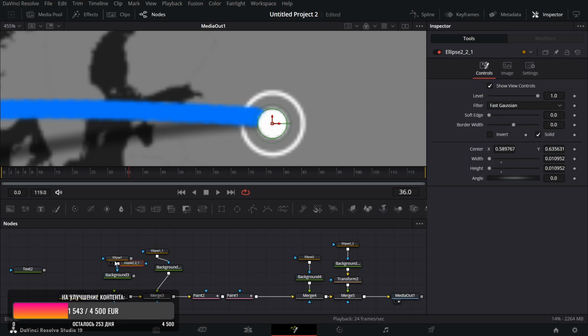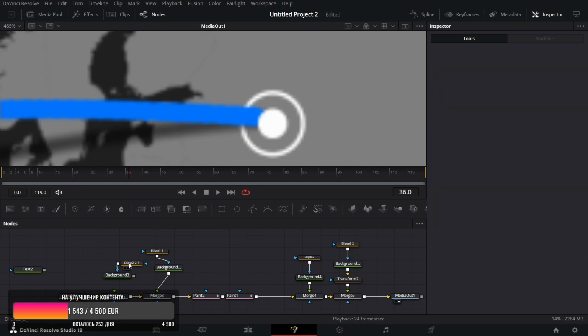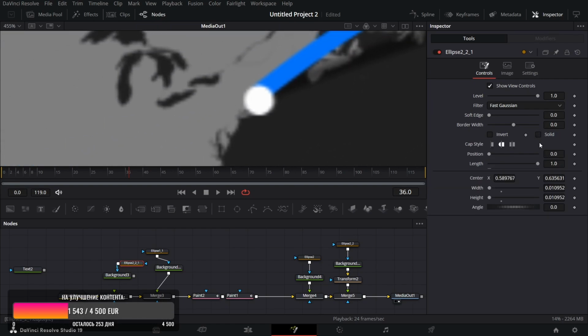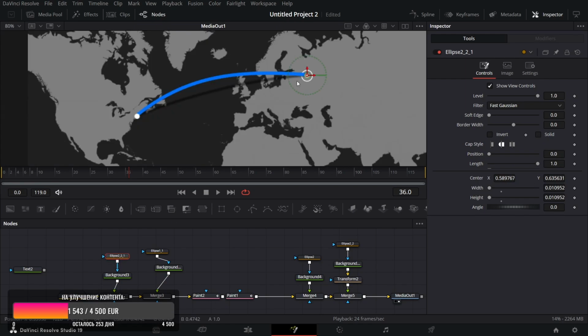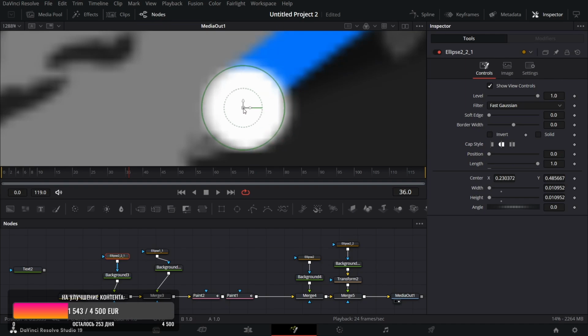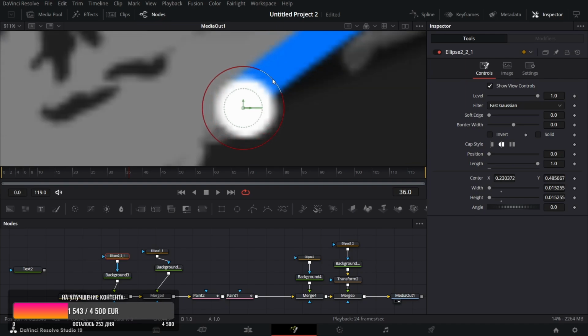Here. We will just connect it and move over here. So we need to uncheck solid and adjust the size just a bit. Connect, of course, the merge node, and because I used the transform node, I'm sorry. So let's just move it over here, and then I will use a transform node. So, and let's increase the size and use the same border width,